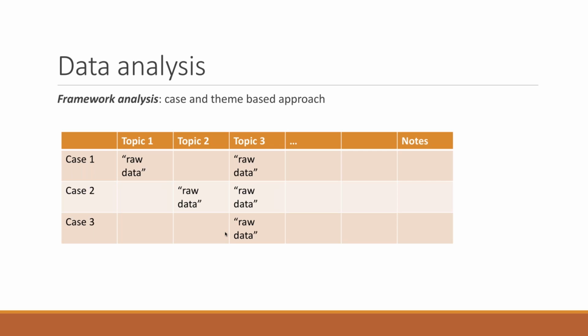And then if you wanted to do some further comparisons, for instance, going back to the example of professional groups, if you wanted to distinguish between doctors and nurses, you might then filter by different rows, and you might compare some of the findings across these different groups. So quite a useful technique, and especially if you are pressed for time, there's all these different tweaks that you can make during some of the early stages of framework to make sure that you're using the time that you're collecting data to already become familiar with your data, and even design a potential coding framework that you can then apply.